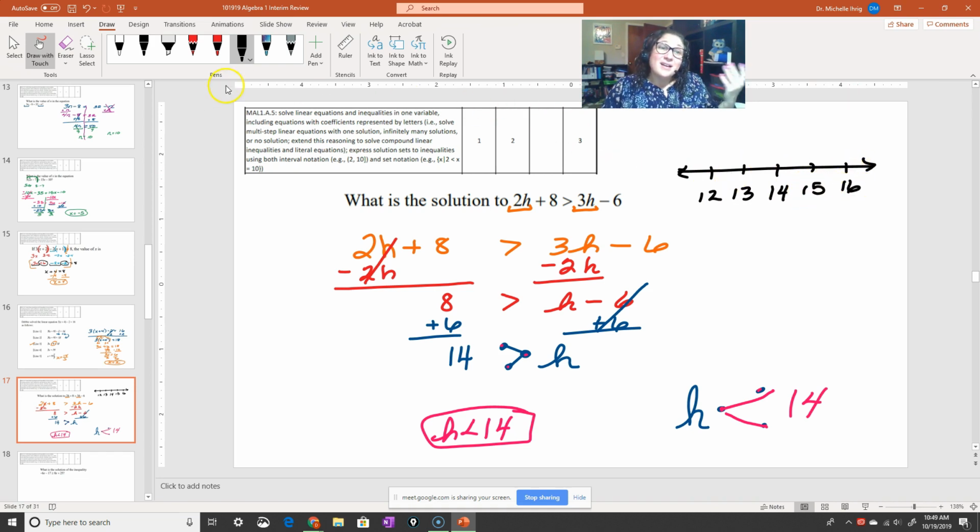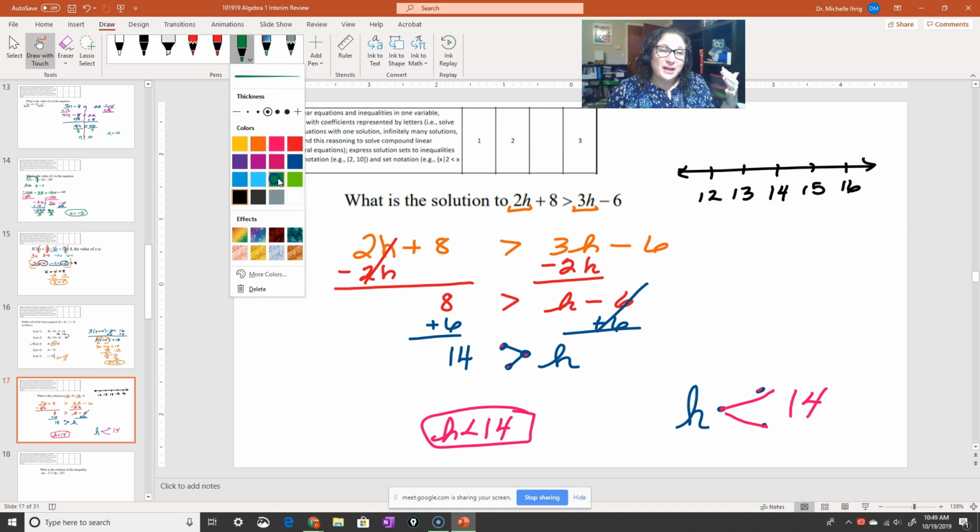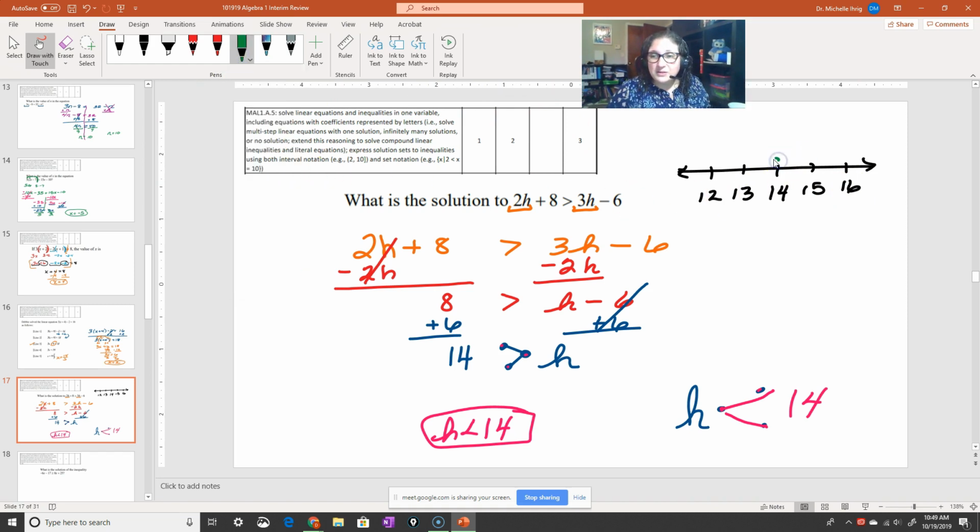Okay. Then I look and I say, okay, well, I know my magic number is 14, so I'm going to draw a circle at 14. And then I think, okay, is there a line underneath? Remember, if there is a line underneath, that means I'm going to have to fill in the circle. So it's going to look like this. It's going to be a closed circle. If there is no line, then it's going to be an open circle. In this case, there's no line underneath that number, so it's going to stay open.